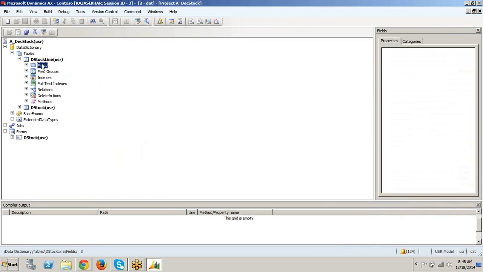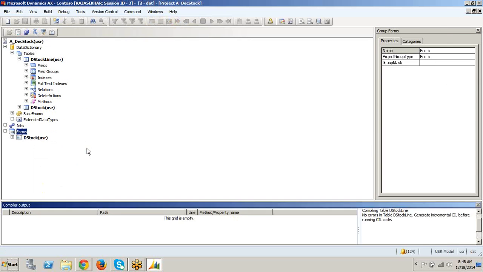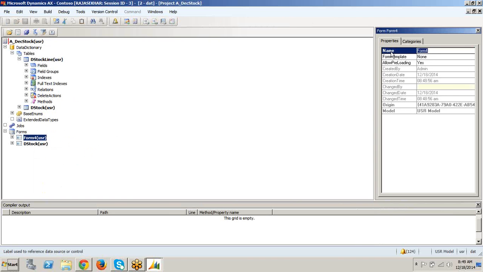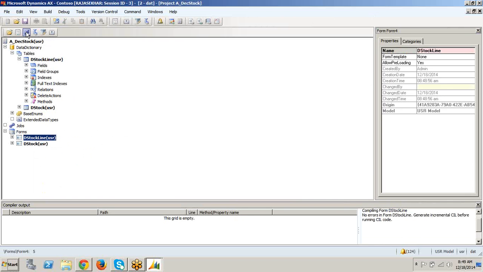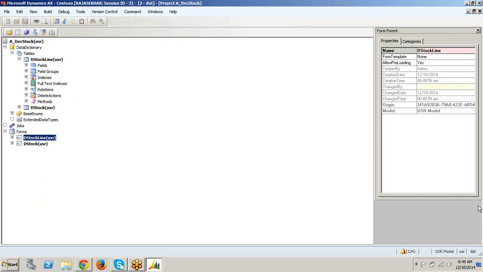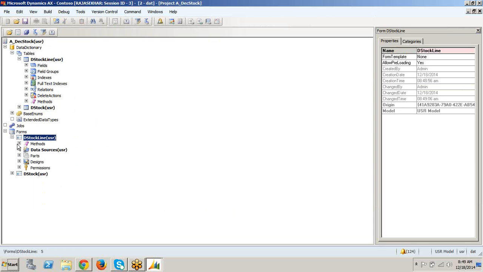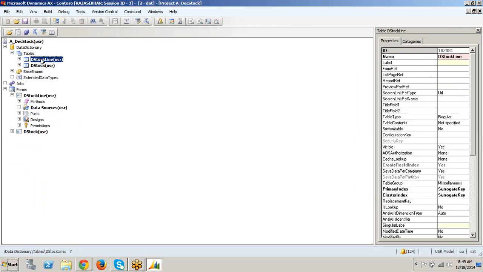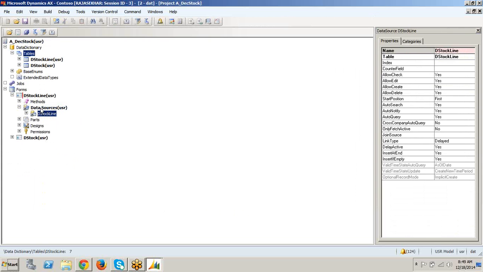Okay, now I'll create a form for this D stock line ID. Right click, new form, D stock line. And here the data source is the D stock line, so I'm dragging this into the data source.